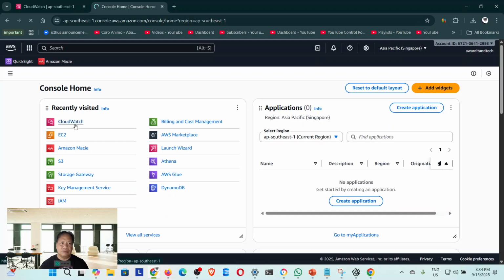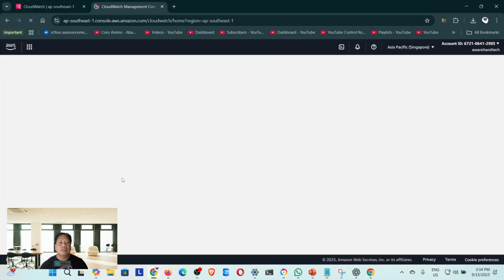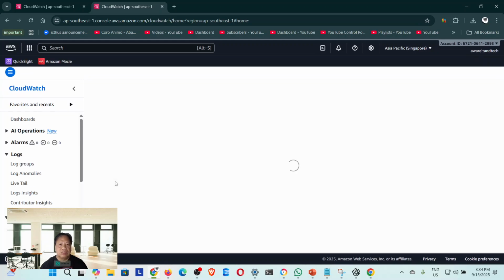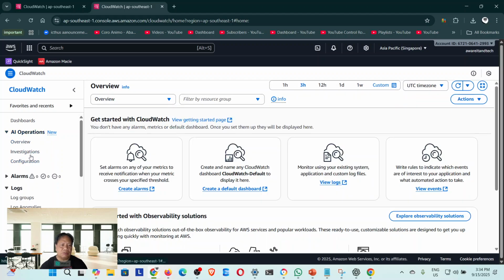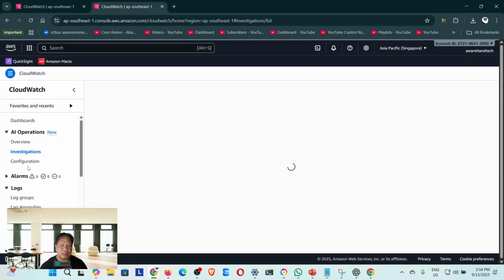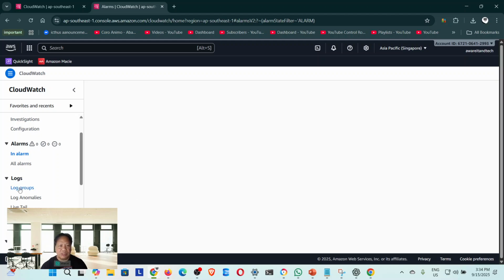It's going to be intimidating if you expand all the concepts in this. So let me just do that and show you how big it is. So these are the AI operations. You can do investigations from here, using the AI in common human language. You can set alarms, which I don't have just yet, but it's really very slow right now. So this is the log groups,